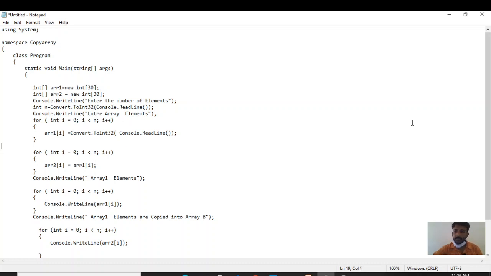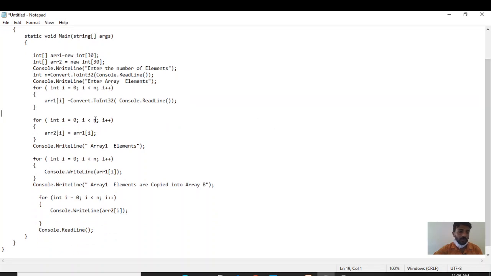Next, in the next for loop, what I am doing is assigning the elements of array1 to array2. Here I am using a for loop: int i equal to 0; i less than n; i plus plus.